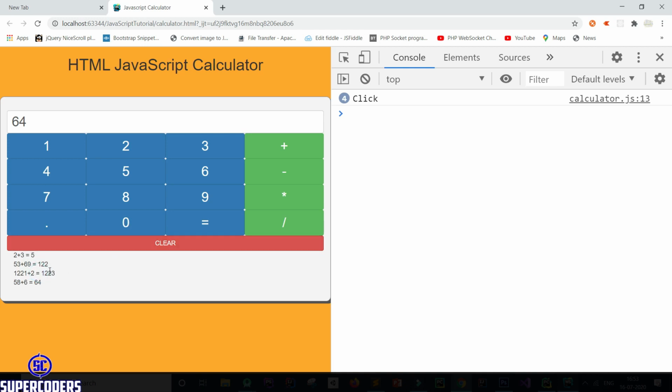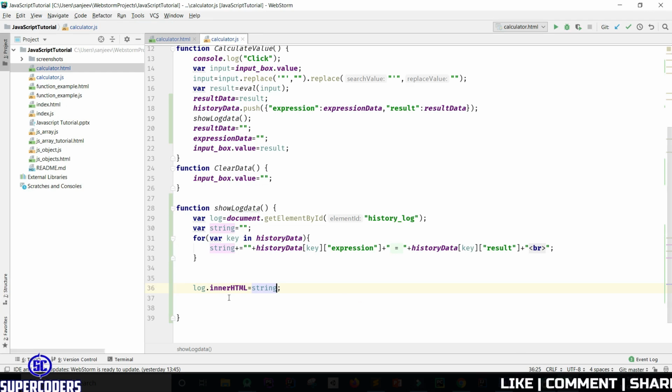So this is an example of JSON and JavaScript object and JavaScript array. This is a live, real example of using JavaScript objects and arrays. Now let's see one more thing. I showed you innerHTML, but you can also use textContent. I use here BR, which is an HTML tag.